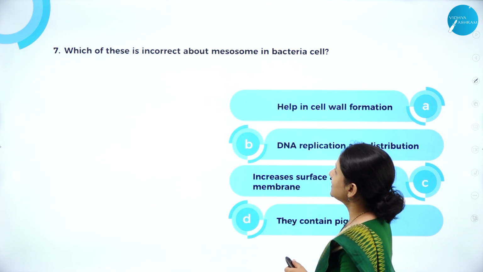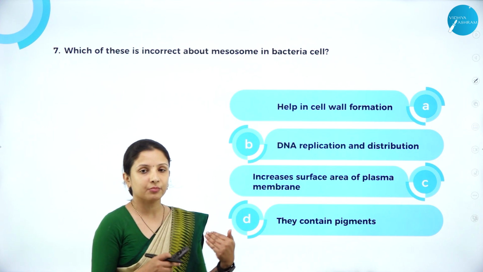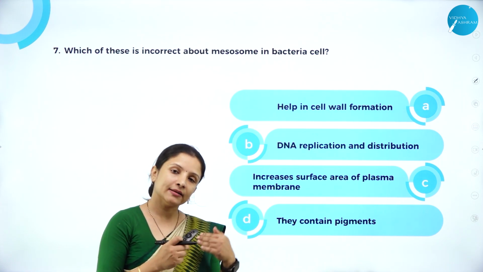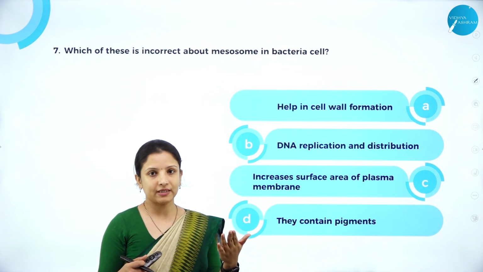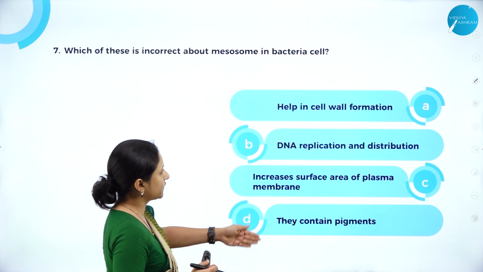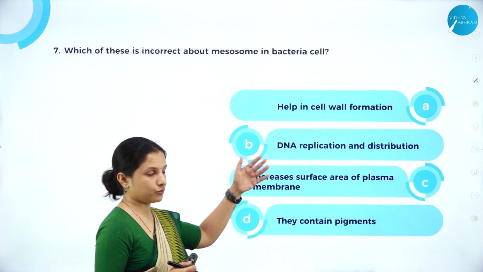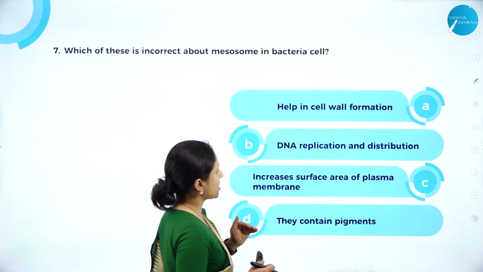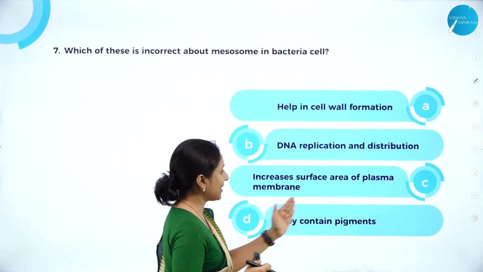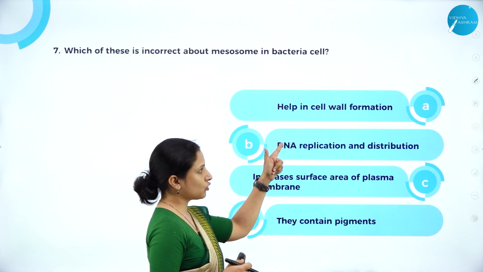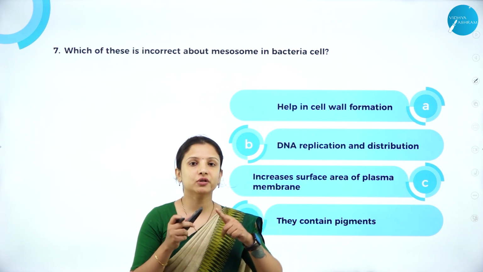Next question, which of these is incorrect about mesosome in bacteria? So we know that mesosome is nothing but the infoldings of the plasma membrane. These mesosomes can be in the form of vesicles, tubules, and in the form of lamella. So we'll look into these four options and find out which is not true about the mesosome. Help in cell wall formation, DNA replication and distribution, increases surface area of plasma membrane, they contain pigments. Yes, mesosomes help in the cell wall formation in the bacteria. Mesosome helps during the